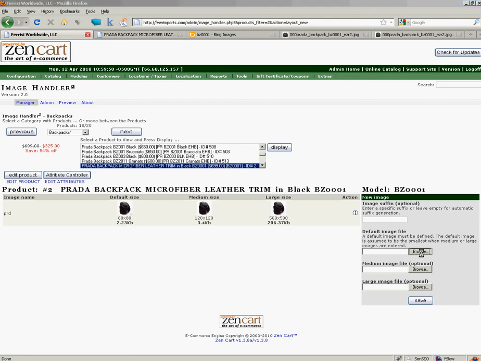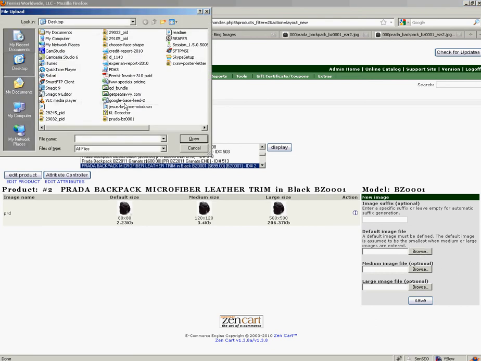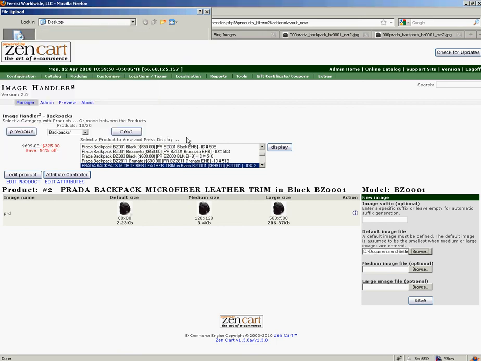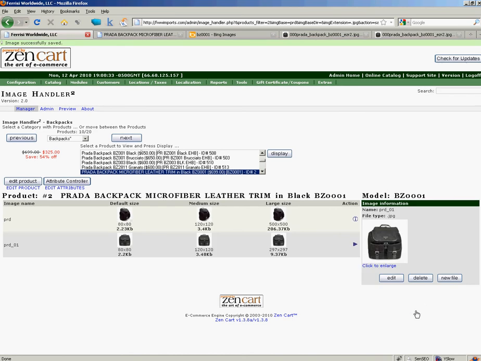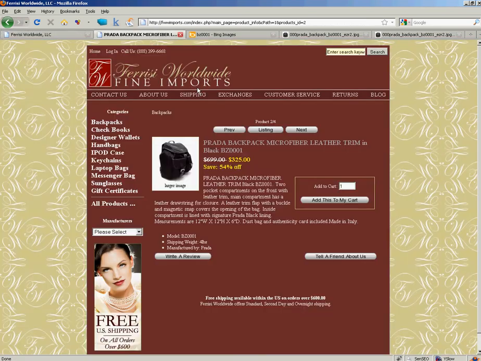So I'll browse for the image, which I saved here on my desktop as Prada BZ 0001. And I'll open that up, and then I'll save it. And there we go. Now I've got this additional image in here that had the same file type, so it didn't cause any problems. And if I go back to that page and refresh the page,